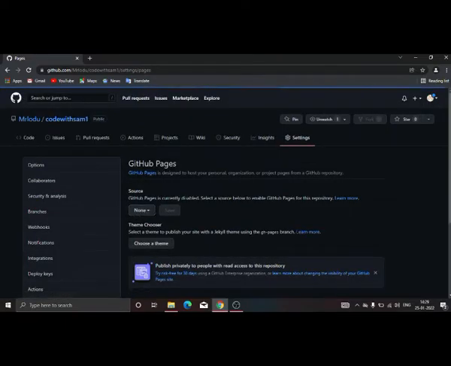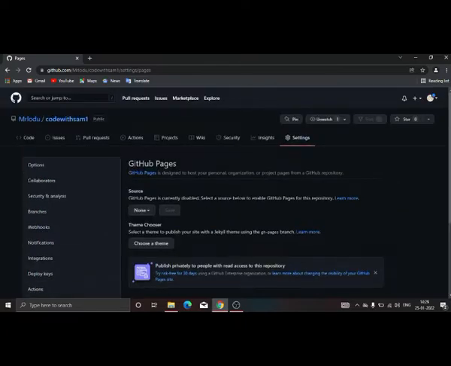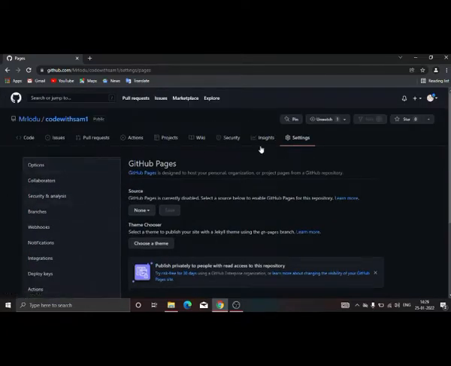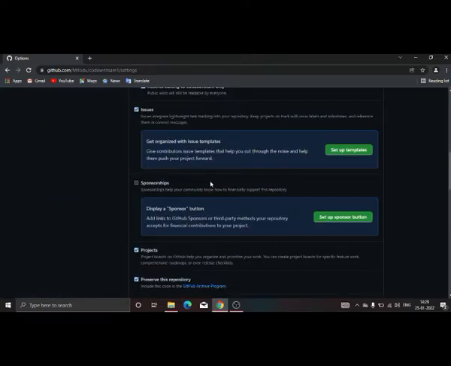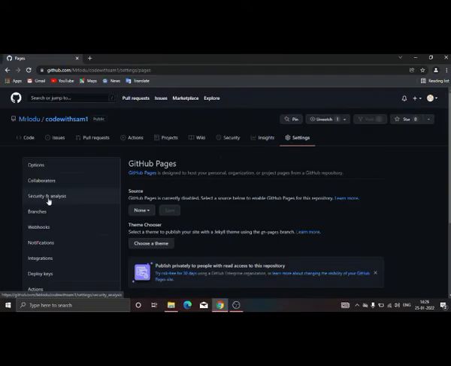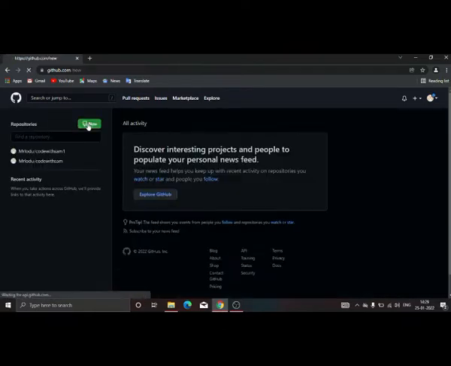In the page you have to not choose theme or do anything. Page setting is now, click here, and here is the page, and it's not showing the page. Actually I think something is a problem in the repository, so let's create another repository,